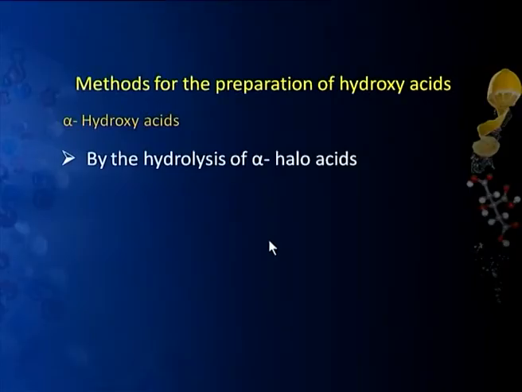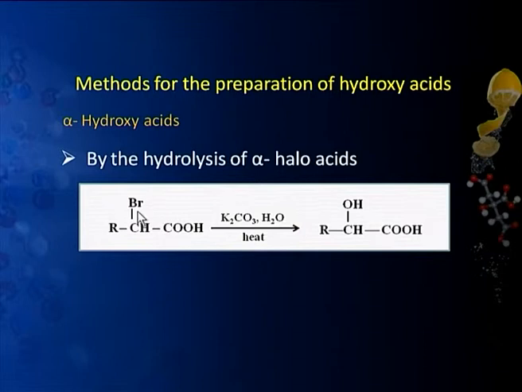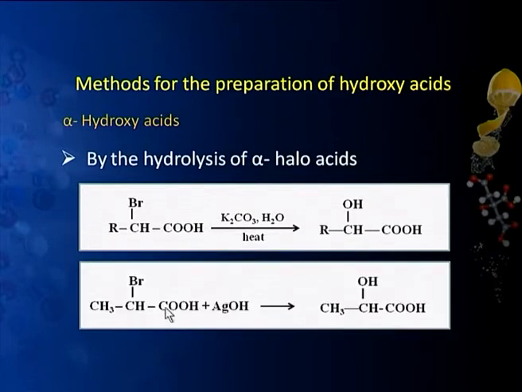Now, let us move on to the methods for the preparation of hydroxy acids. We will take specially methods for preparation of alpha hydroxy acid and then for beta hydroxy acids. Alpha hydroxy acids can be obtained very easily by the hydrolysis of alpha halogen acid. We discussed in the properties of halogen acid that this halogen can be substituted by hydroxyl group by some mild base, such as this is 2-bromo-propanoic acid. This may be treated even with moist silver hydroxide. We will get 2-hydroxy-propanoic acid. We can use potassium carbonate. We can use even dilute solution of sodium hydroxide also.